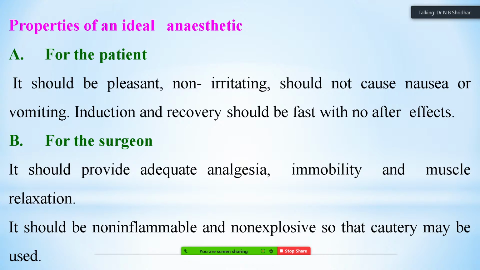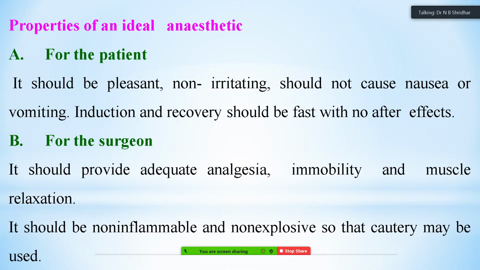Whenever he is making an incision on the skin, the patient should not feel pain at all, and should be immobile as early as possible, and the muscles should be relaxed very fast. It should be non-inflammable, because it is always dangerous in the surgical theatre, and non-explosive. Both characteristics are very important, because many times the thermocautery tube is used